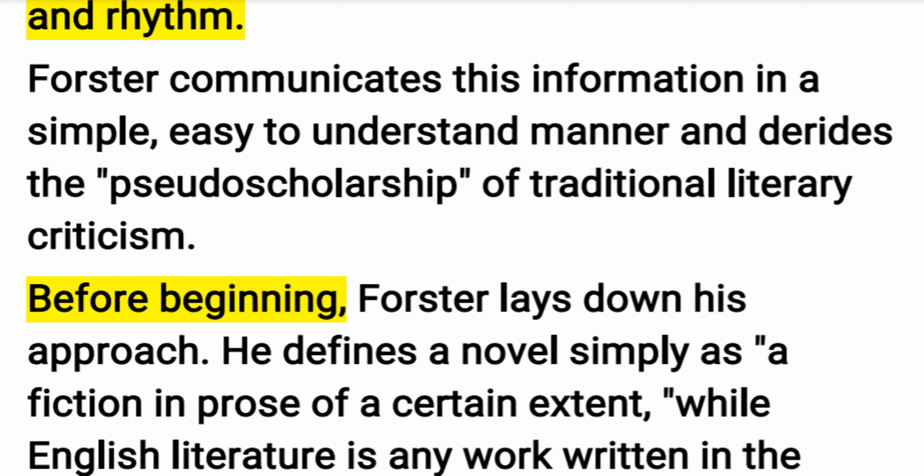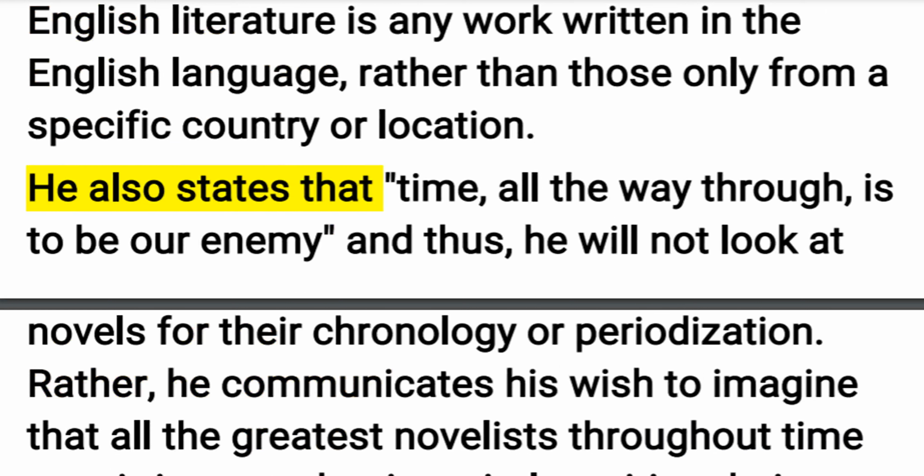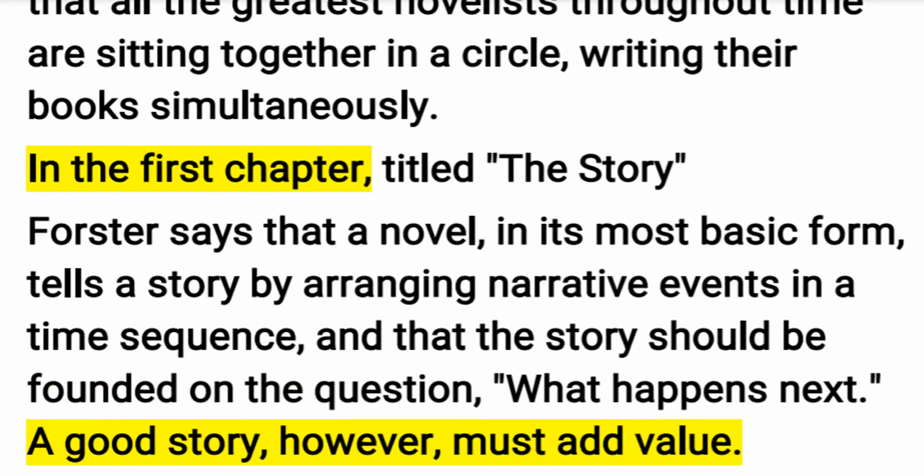Before beginning, Forster lays down his approach. He defines a novel simply as a fiction in prose of a certain extent, while English literature is any work written in the English language, rather than those only from a specific country or location. He also states that "time, all the way through, is to be our enemy," and thus, he will not look at novels for their chronology or periodization. Rather, he communicates his wish to imagine that all the greatest novelists throughout time are sitting together in a circle,